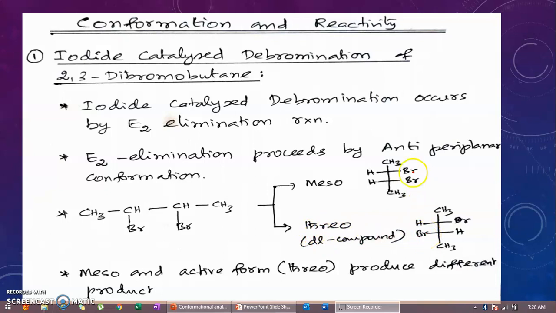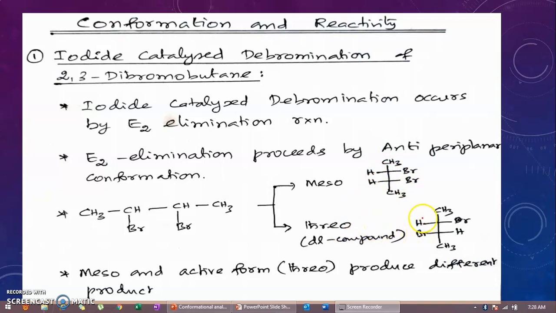Now, in the meso form, you know very well what a meso form is, right? If you look at the molecule, this Fischer projection, in 3 different ways, in all the 3 directions we have similar groups. Therefore, it must be meso. You know the rule, right?